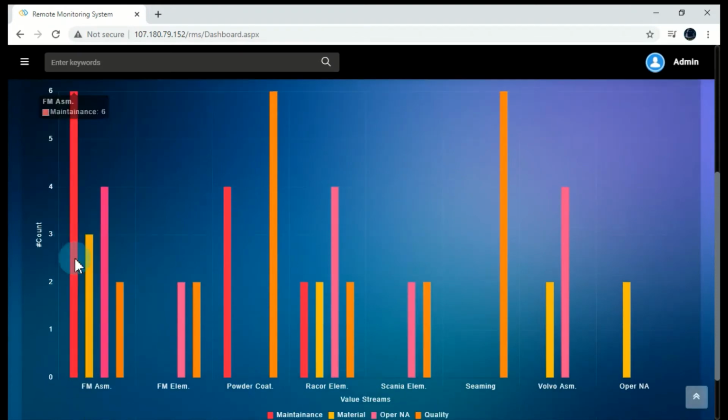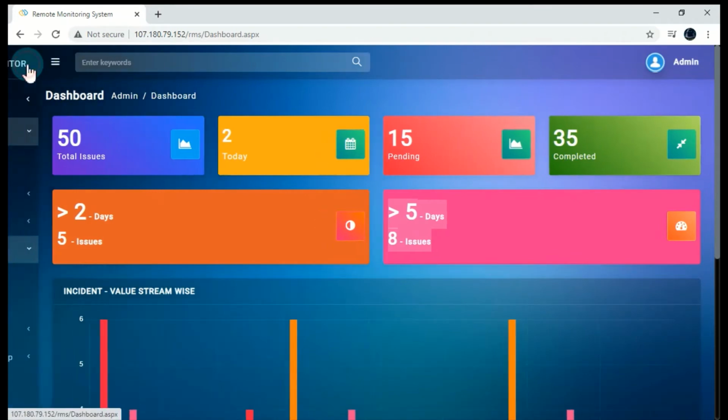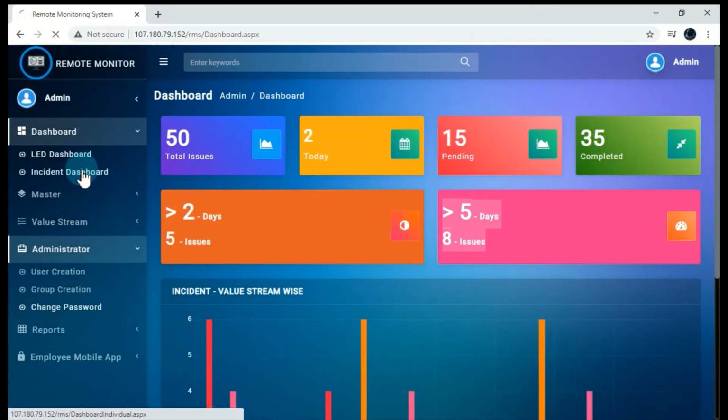And if any new incident happens, automatically the count will increase based on which value stream and for which department. Now let's see the incident dashboard.